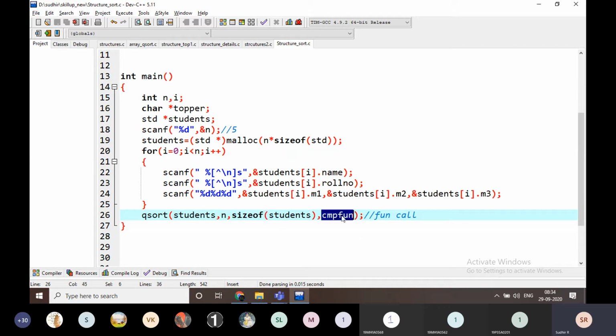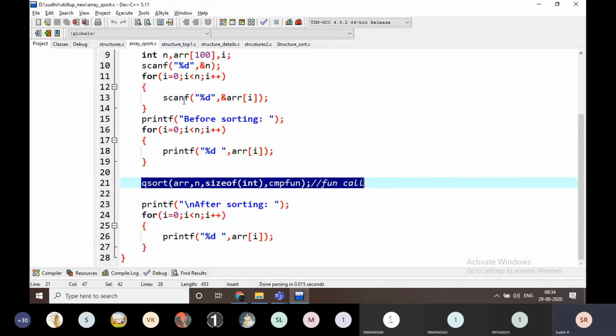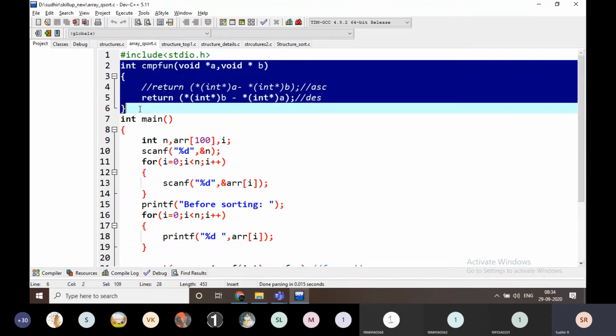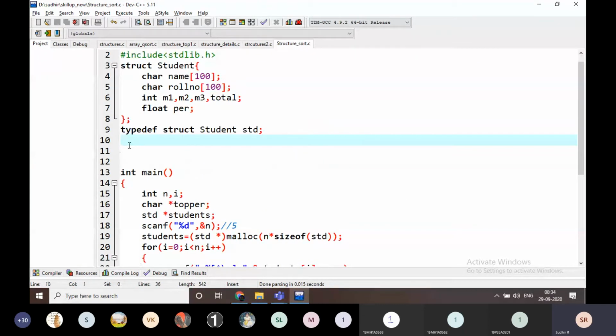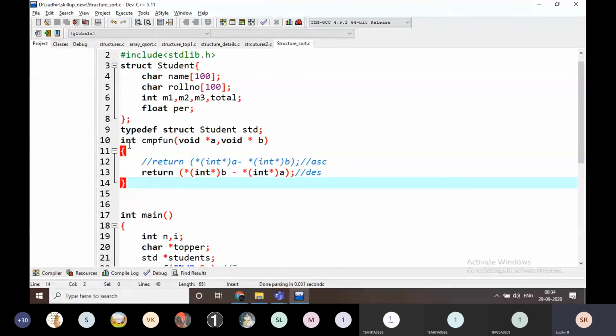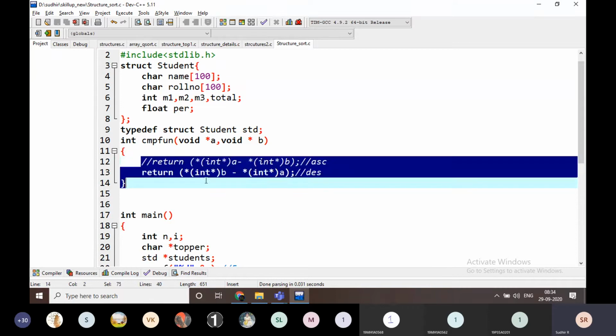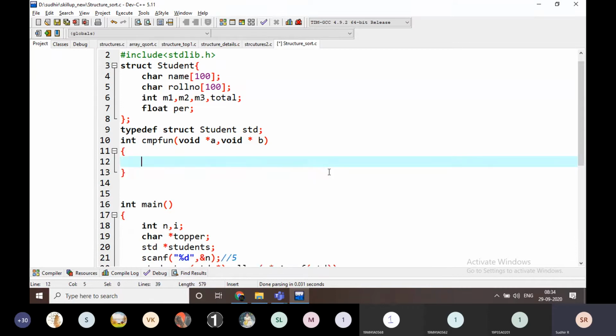and I'm going to write some comparison function here. What is the comparison function? I'm going to write this comparison function here. In this comparison function, we are not writing int a and b here.